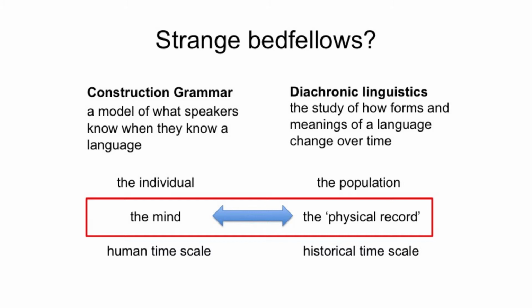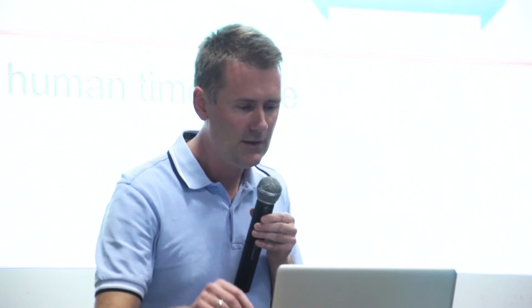And of course, making inferences about linguistic knowledge of speakers that have been dead for quite some time, that's less than trivial. But we can nonetheless point to a number of encouraging examples where this has been attempted,